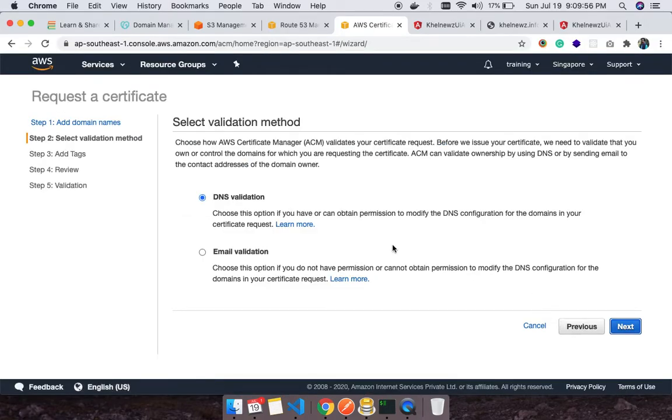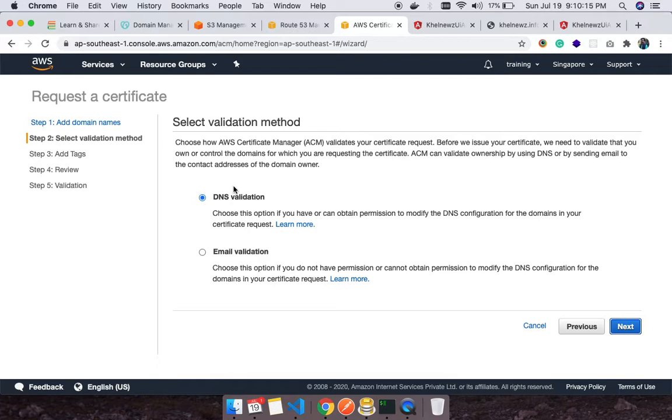Next. And now, since I have purchased this domain through GoDaddy, and the SSL certificate which we are trying to obtain from AWS is for that particular domain, there are two different services, right?